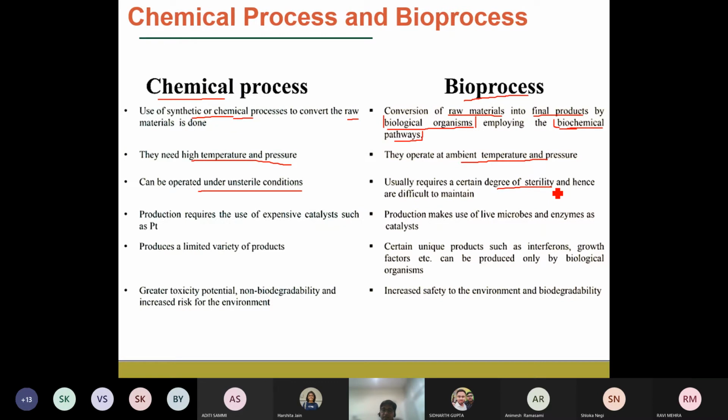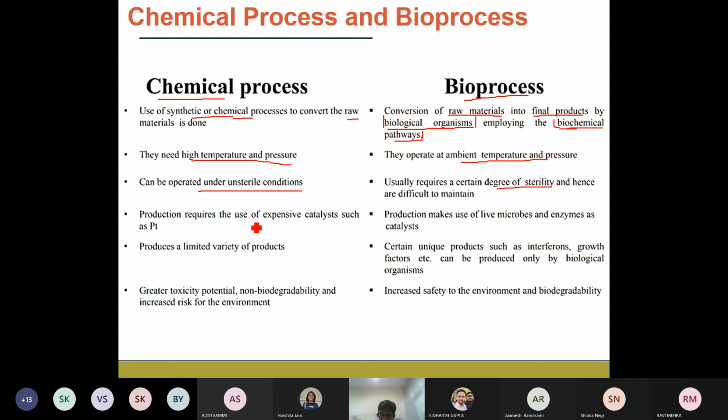You must have heard by now, and I will teach you also, that there are different classes like class 1, class 2, class 3, or the biosafety levels. For example, for the production of vaccines you need an industrial unit which has to be highly sterile and contamination free. Making such industrial plants adds to the cost, and maintenance is very costly, so that adds to the overall cost of the bioprocess.